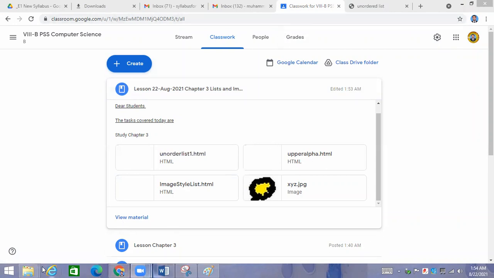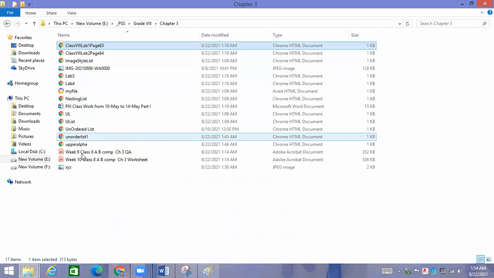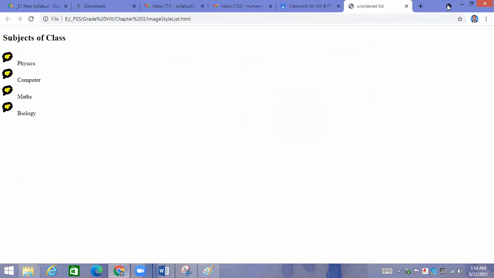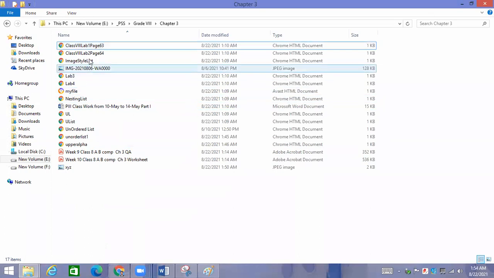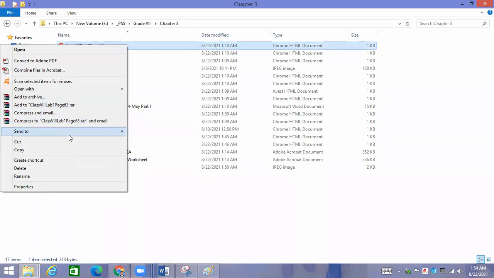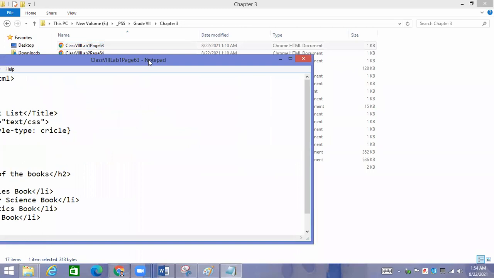Now, if we come toward the chapter's question and answer, I am going to give you that, because right now we don't have enough time. I am going to explain some more things over here. But we have to do the lab activities as well. I have also made the lab activity codes. Lab activities number 1, 2, 3, 4, I have made for you, and I will share the code with you, and I am going to discuss it with you in the next class, where we will be running it.